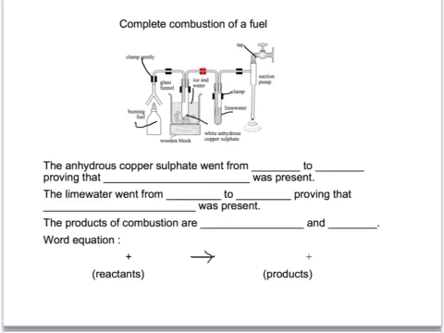However, another product doesn't condense there, and continues and bubbles through some lime water. Lime water is used as a test for carbon dioxide. Indeed, this lime water will turn cloudy, showing that carbon dioxide has been made. Any remaining substances, some air for example, is still pulled through to the rest of the apparatus. In terms of the answers then, the anhydrous copper sulfate went from white to blue, proving that water was present, and the lime water went from